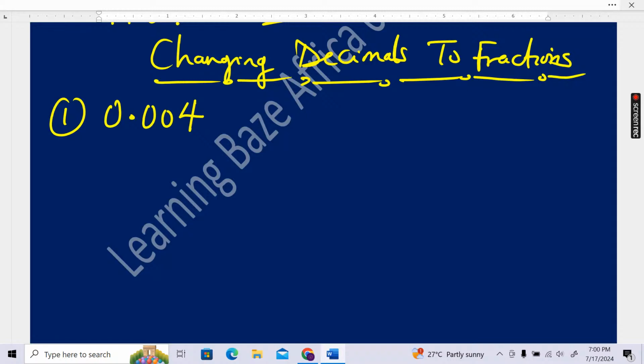All right, only one or two persons, about three, were able to do it. So how do you change a decimal number to fraction? Write the number as a whole number, take out the decimal point. So you're going to have 0004. But when you have zeros all through before the first non-zero digit, you can strike them out, because 0004 is the same as 4. So that will be 4 over